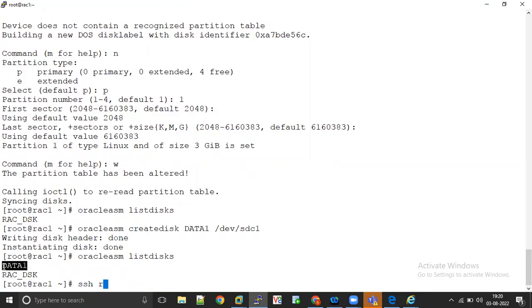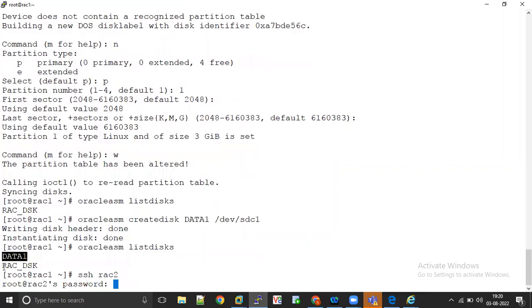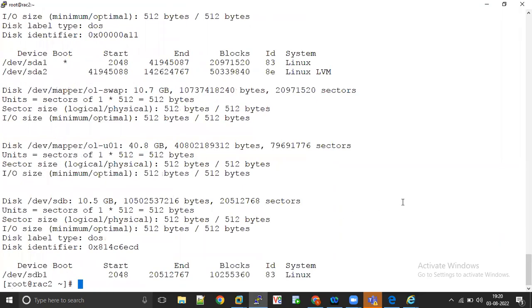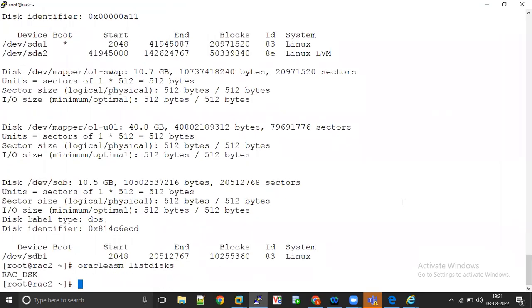The same way you have to connect to the second node. I'm just giving SSH. Here, if you go and check fdisk -l, it is not showing anything. If you go and check Oracle ASM list disks, it is showing only one disk. Okay, the first command you have to run is iscsiadm -m discovery -t sendtargets -p